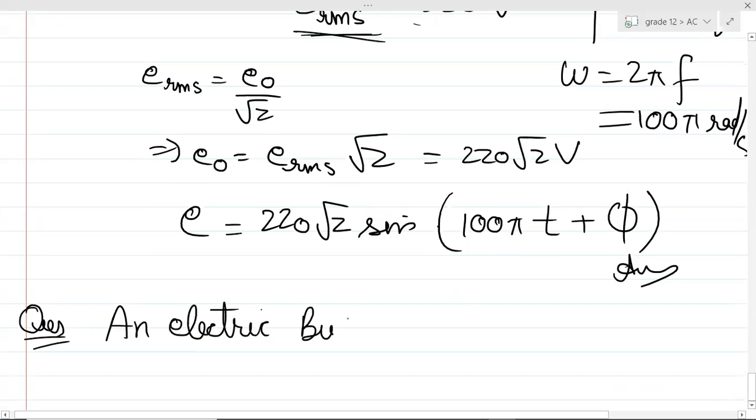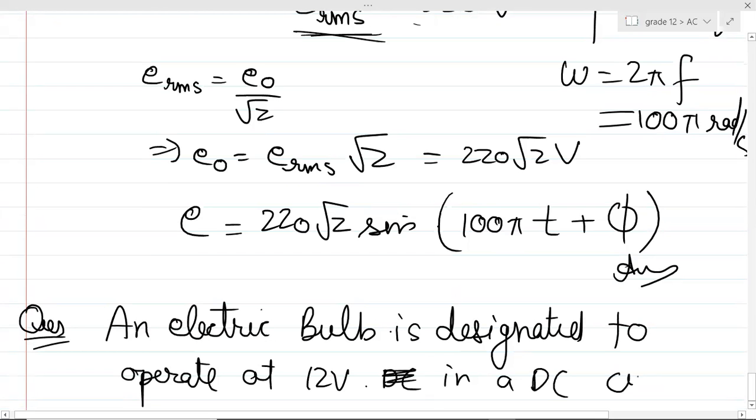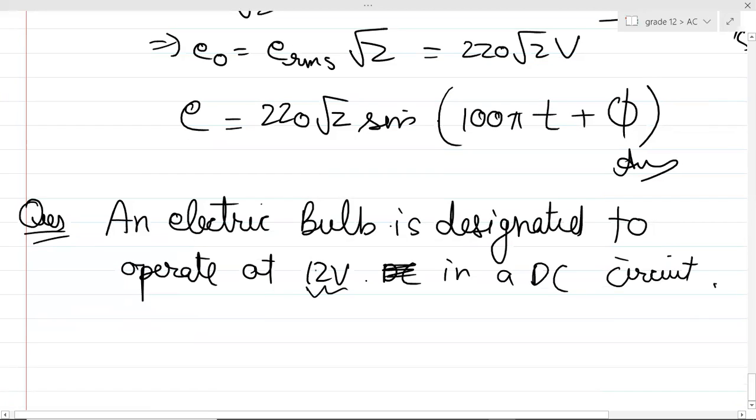An electric bulb is designated to operate at 12 volt DC. That means when it is connected across a battery, when there is 12 volt across it, then it is able to work. Now, if this same bulb is connected